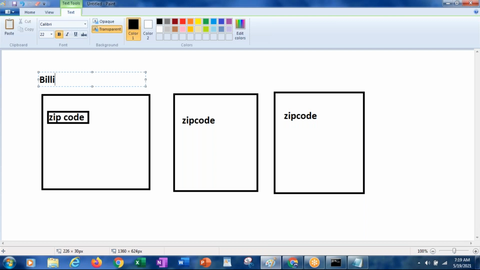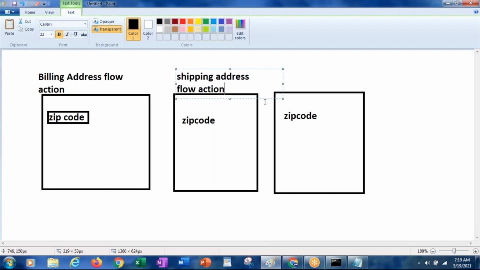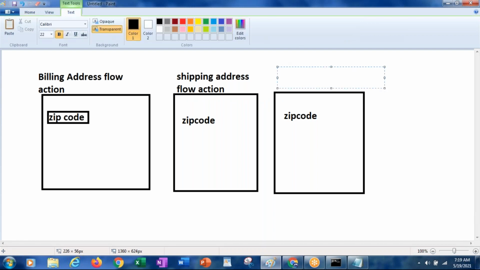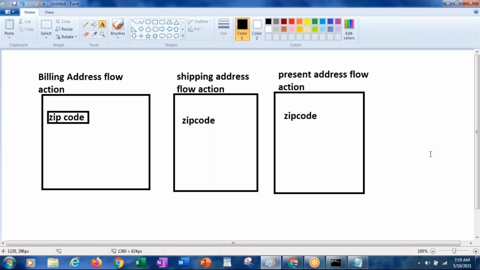Like this, you have three separate flow actions.